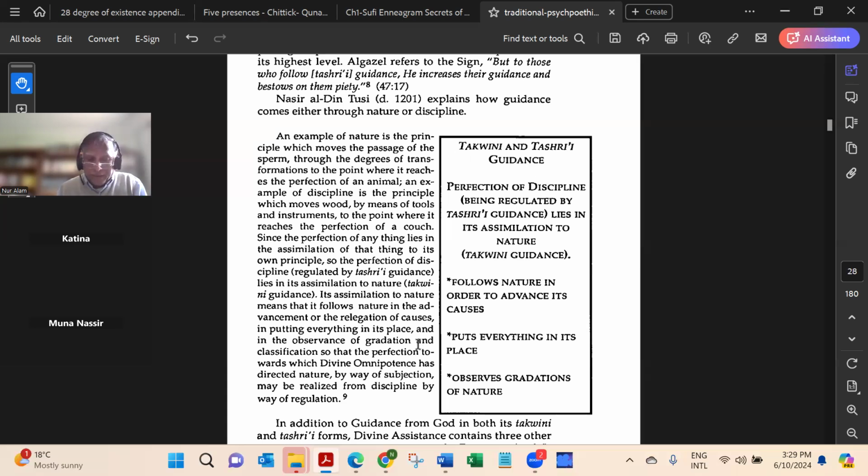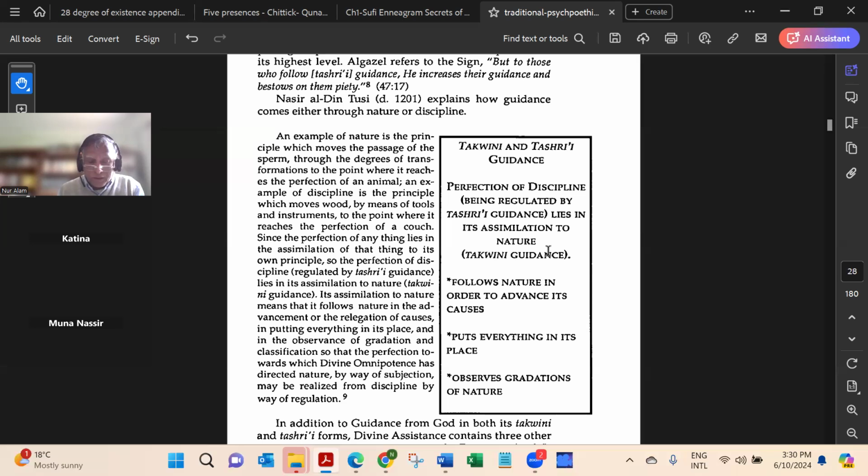Okay, so he gave an example. Yeah, Tashri'i guidance. You can read the table. "The perfection of discipline being regulated by Tashri'i guidance lies in its assimilation to nature and follows nature in order to advance its causes, puts everything in its place, observes gradation of nature." So those are the three things part of the Takwini guidance, and he gave an example of discipline, the principle